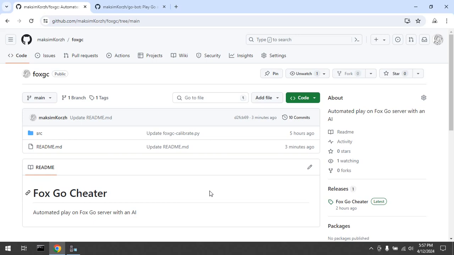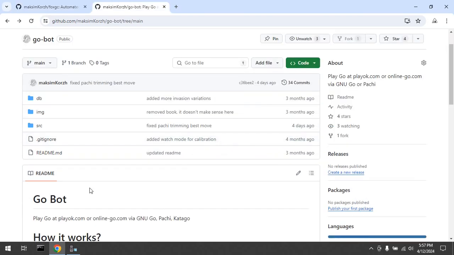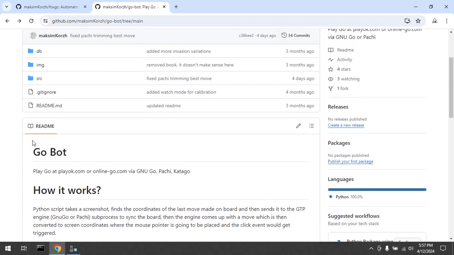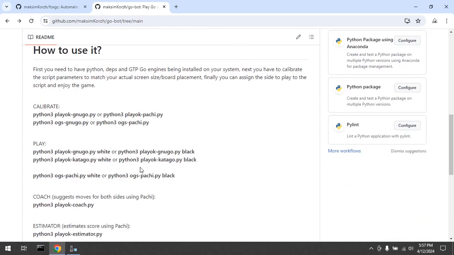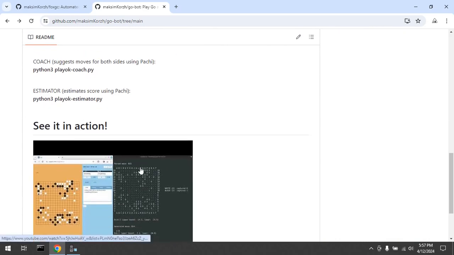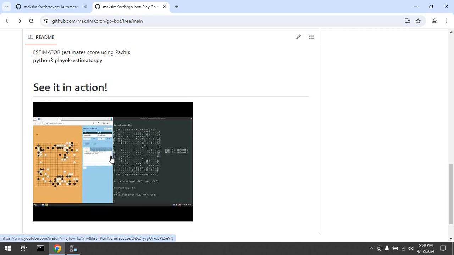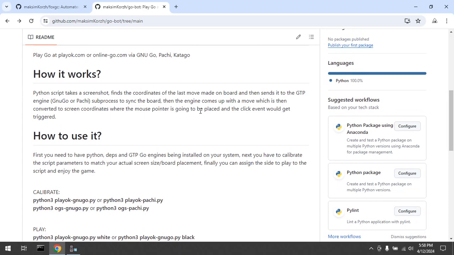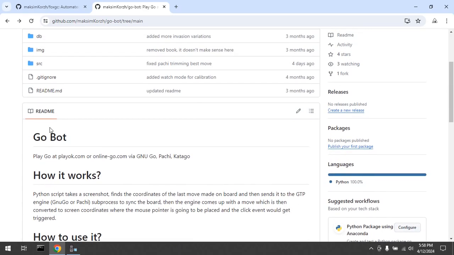because it didn't start just as an application. Some time ago, I did this project which was called GoBot. I've been developing this one on Linux, and I've developed a few scripts to play at playok.com, on ogs.com, onlinego.com, also known as OGS. And then recently, I tried to provide a couple of scripts to play essentially at the Fox Go server on Windows,